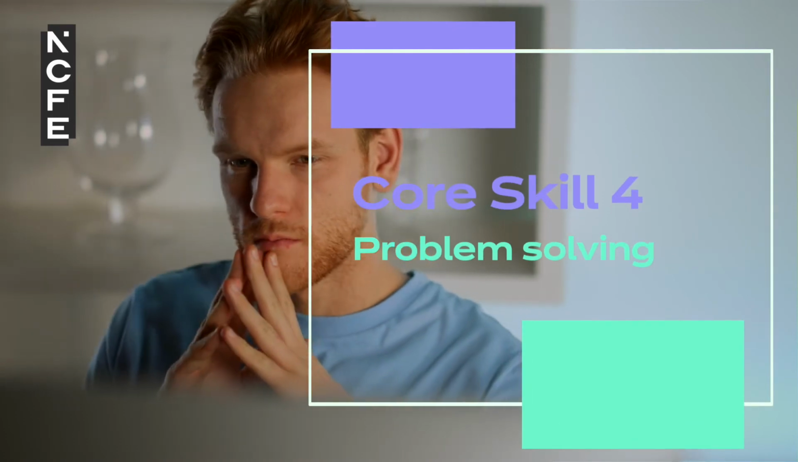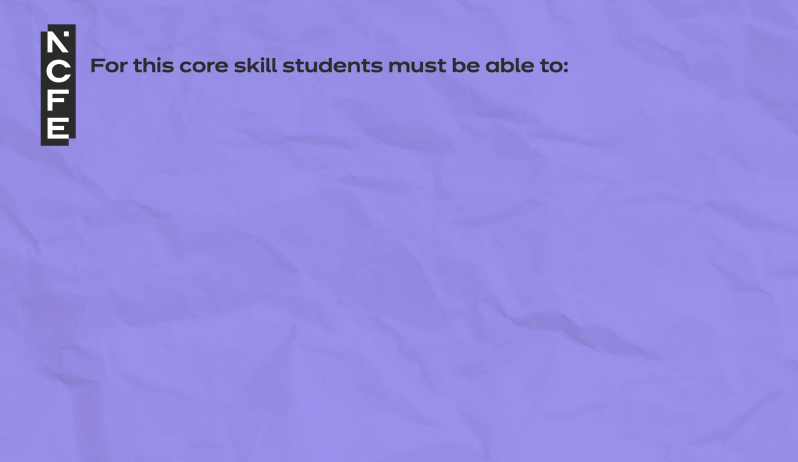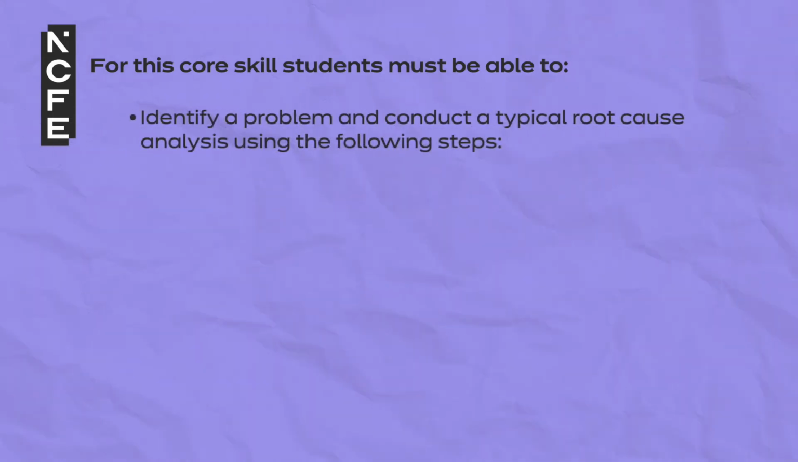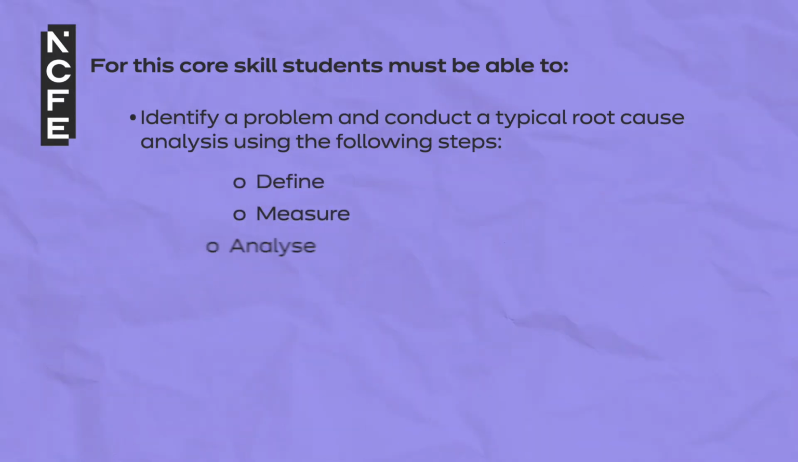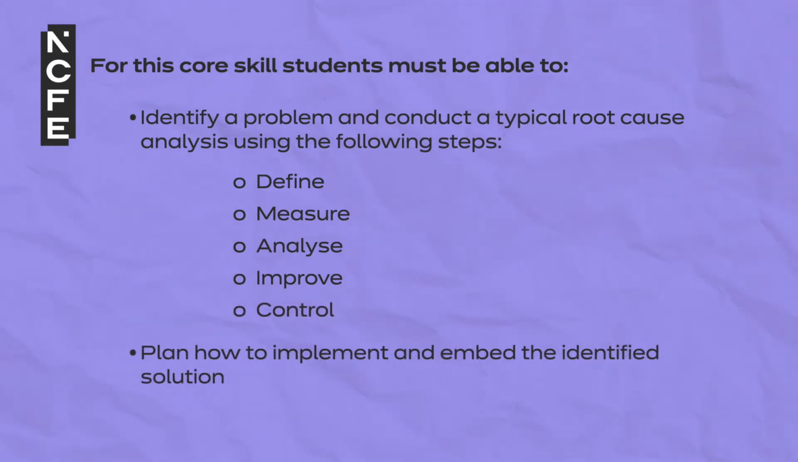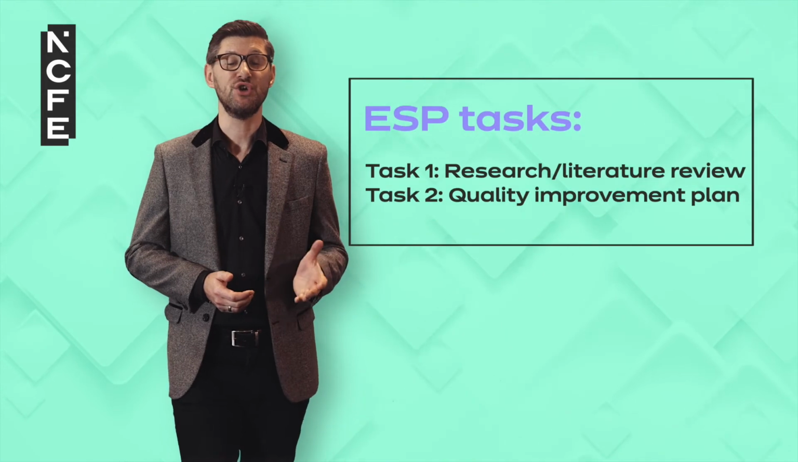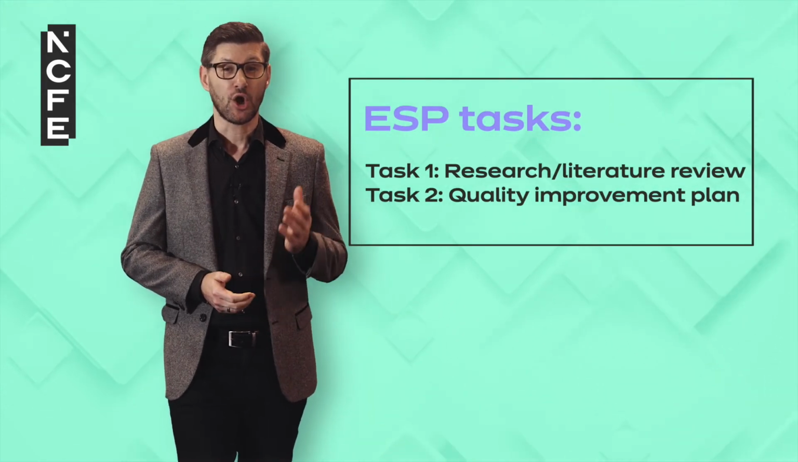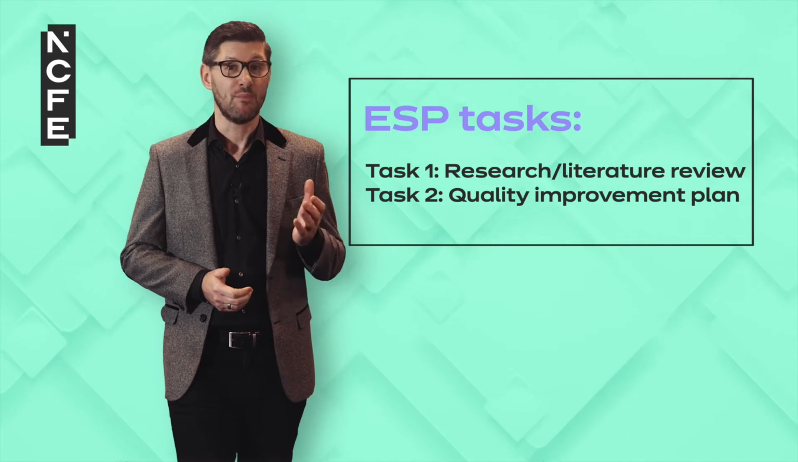Core Skill 4, Problem solving. For this core skill, students must be able to identify a problem and conduct a typical root cause analysis using the following steps: define, measure, analyze, improve, control, plan how to implement and embed the identified solution. Examples of employer set project tasks where this core skill is assessed are research and literature review, a quality improvement plan. To embed this core skill into teaching practice, the following types of activities are suggested to prepare students for